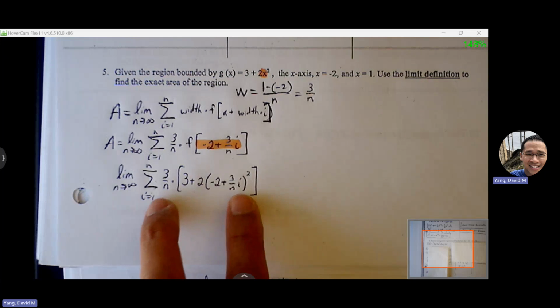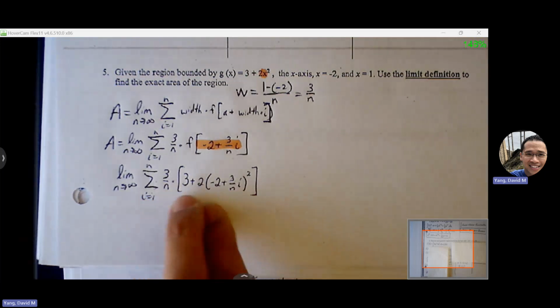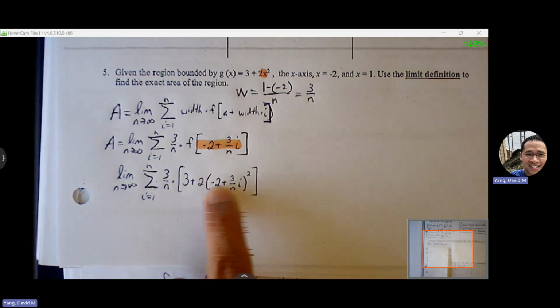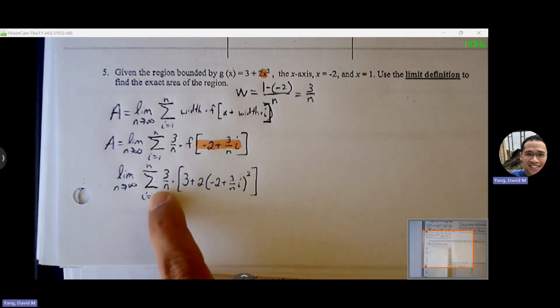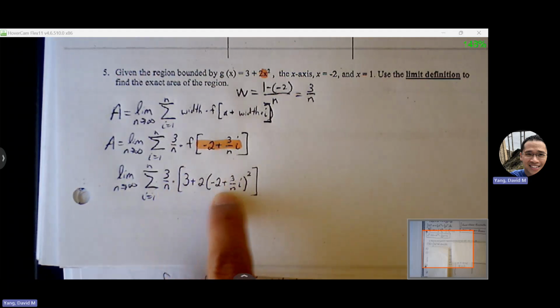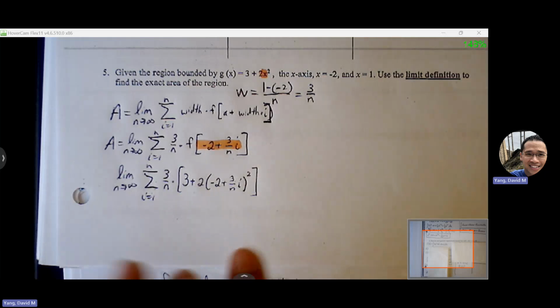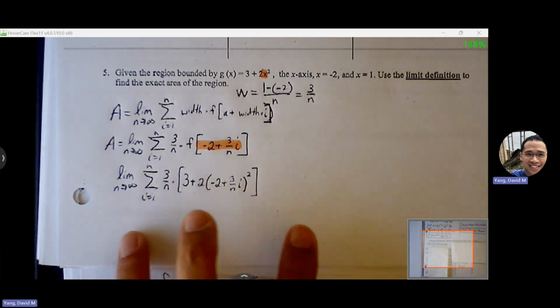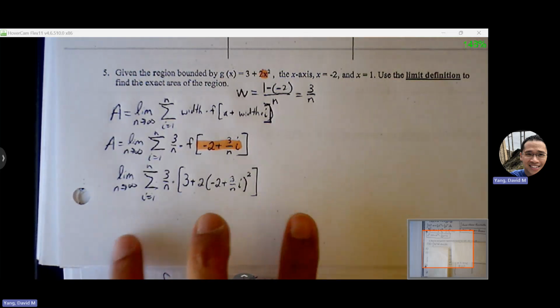Now that we're here, we can just focus our attention on what we see in front of us. We're going to expand, FOIL, distribute the 2 through, combine like terms. Then we can involve the width, distribute the 3 over n through. And then once every term is nicely separated, we can decide which summation rule we want to apply for